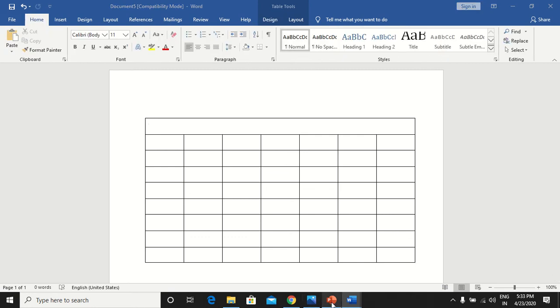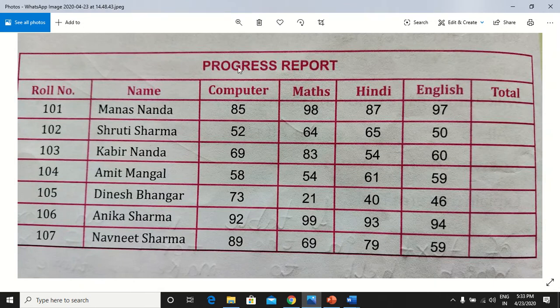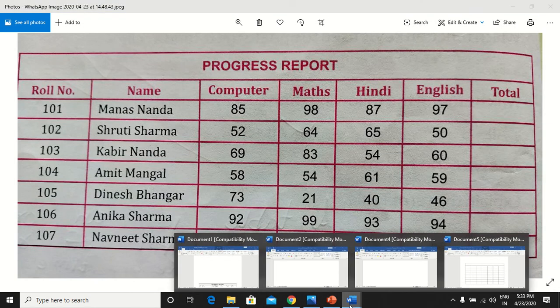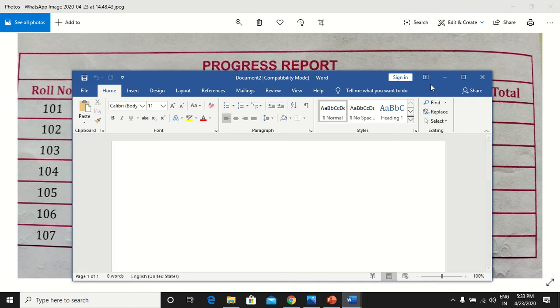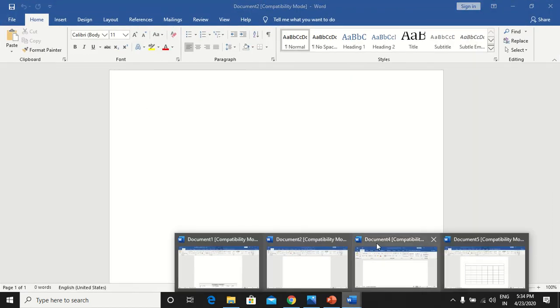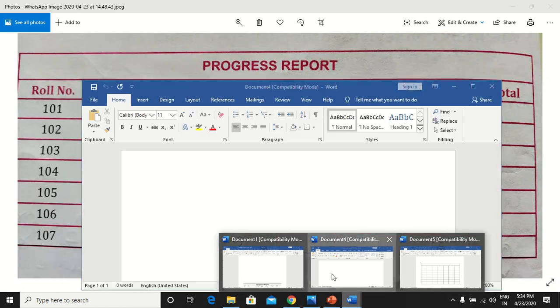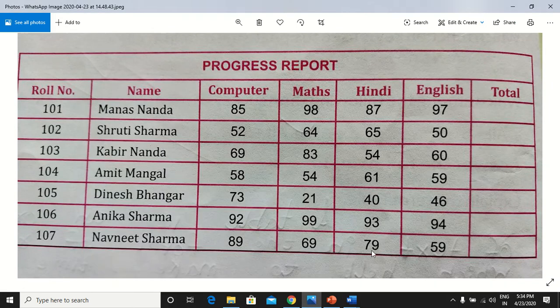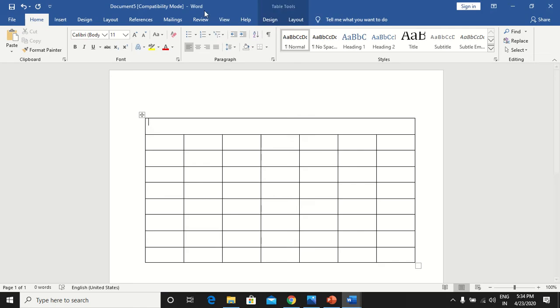Now I need to write Progress Report. For this I want it in the center, so I will select it.